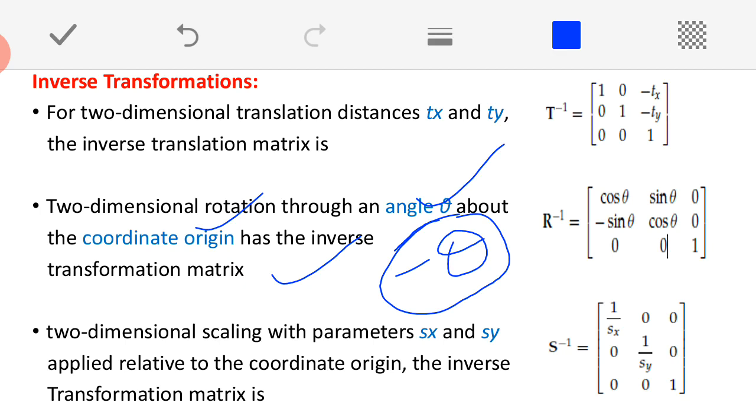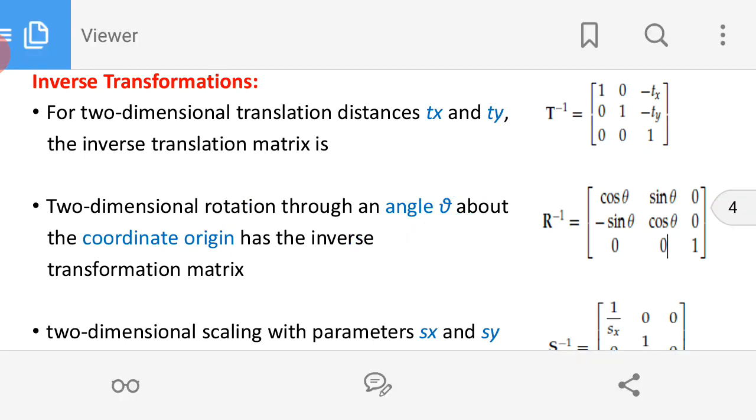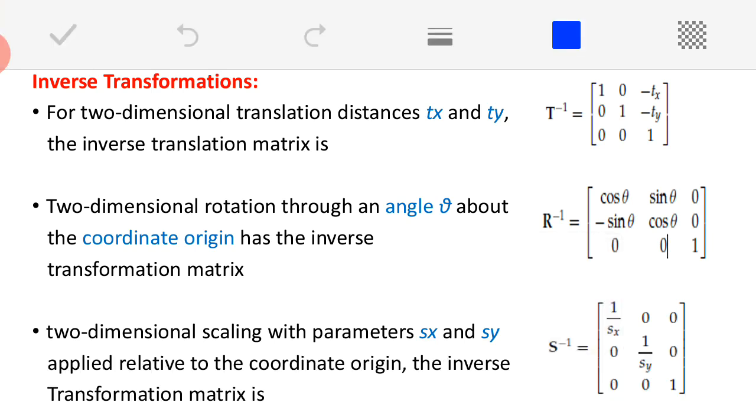My actual rotation matrix is cos theta, minus sin theta, sin theta, cos theta. But in place of theta, I am substituting minus theta. Cos of minus theta is cos theta. The minus sin theta becomes minus sin of minus theta, so plus sin theta. The sin theta entry, with minus theta substituted, becomes minus sin theta, and once again cos of minus theta is cos theta as it is. So there is just a slight difference that you can observe in the case of inverse rotation.